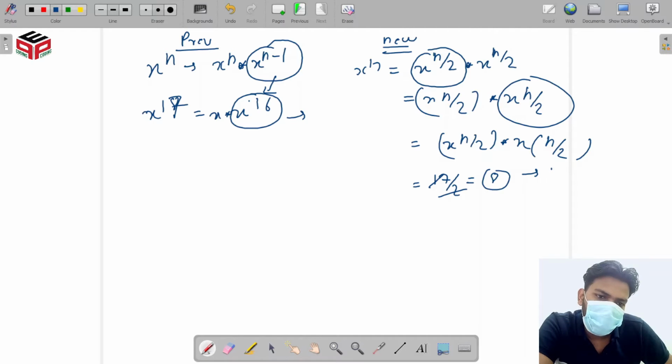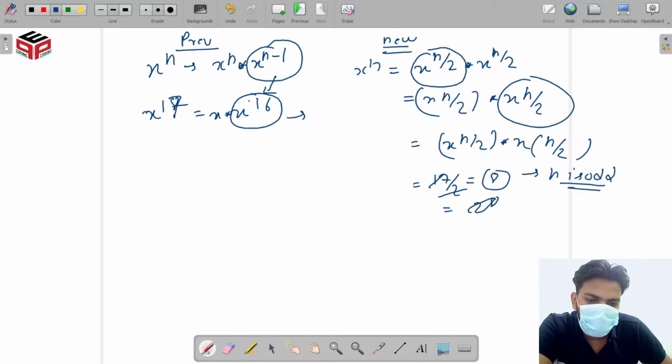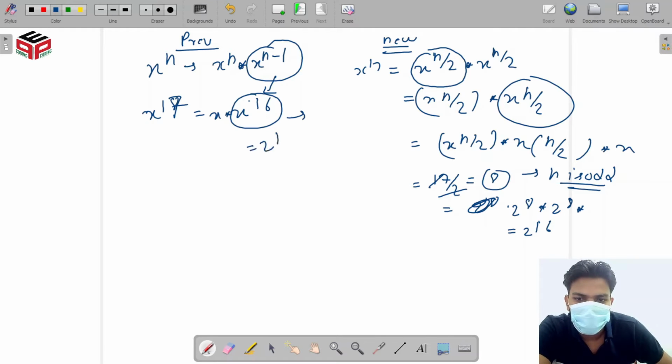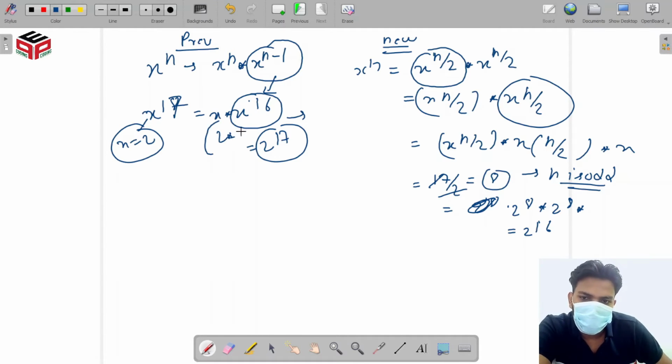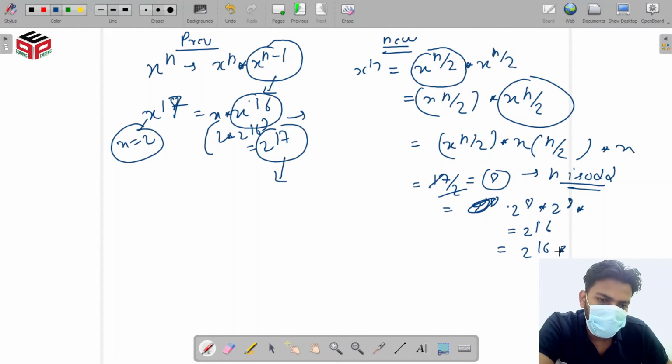But when n is odd, we have to multiply by x again, because when we get 2 to the power 8 and multiply it by itself, we get 2 to the power 16, and what we want is 2 to the power 17. If we take x equal to 2, then we want 2 multiplied by 2 to the power 16. We get 2 to the power 16, so we multiply it again by 2, and we get 2 to the power 17.